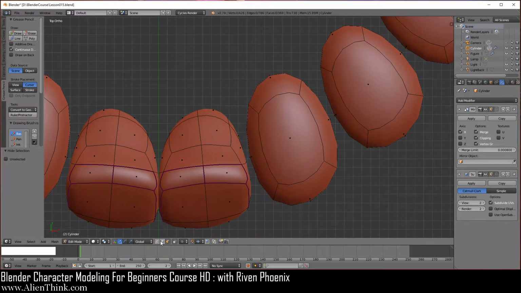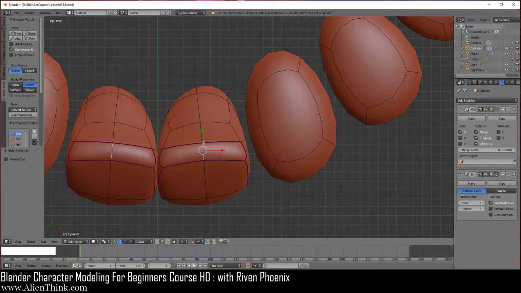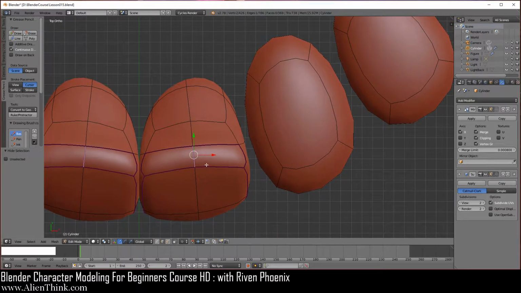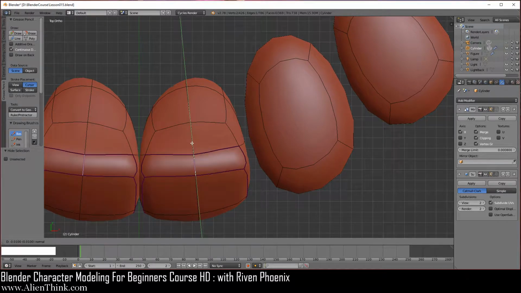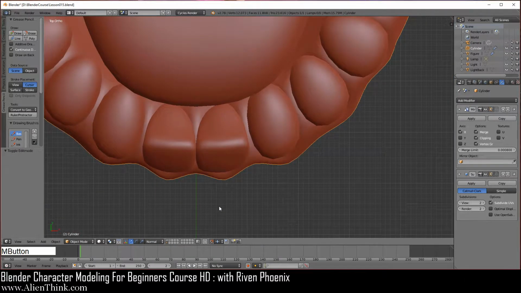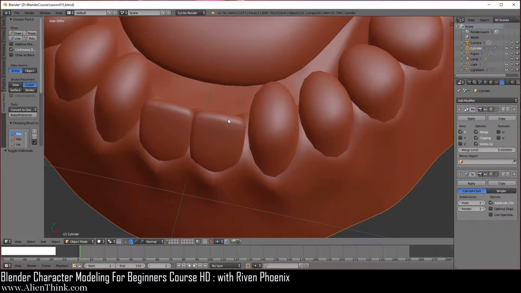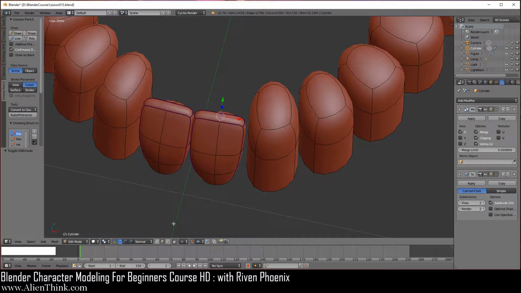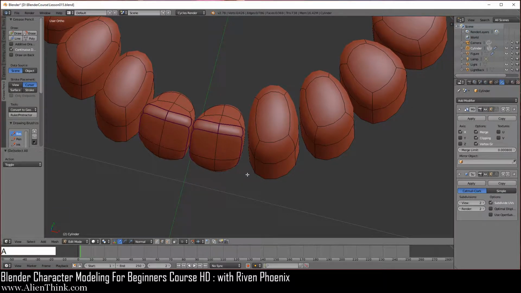And what we want to do is click on the edge select mode and click on this edge over here. And what we want to do is actually bring this down, because we need a slight curve on the top of this tooth over here. So we know that we can simply switch to the normal mode, and as you saw, the green arrow actually is now aligned to the normals. So I'm going to click on this green arrow and just bring it down one time. See how we get this curve over here? So if I do tab, you can see that it makes it look a little more realistic over here. Okay, do tab to go back into edit mode over here, edit deselect.